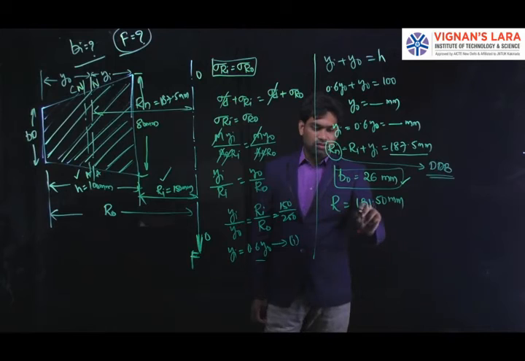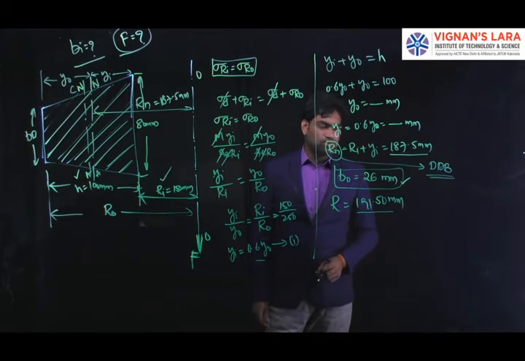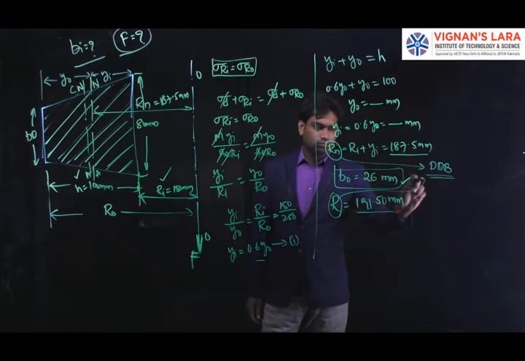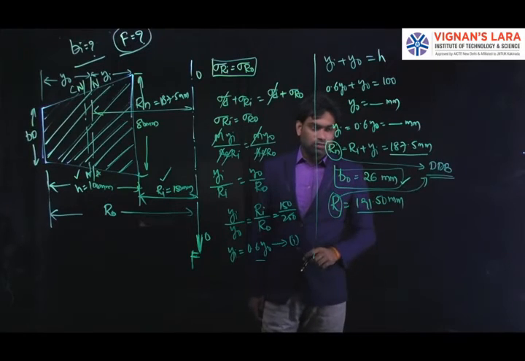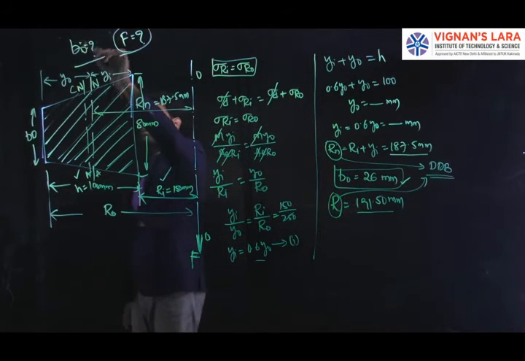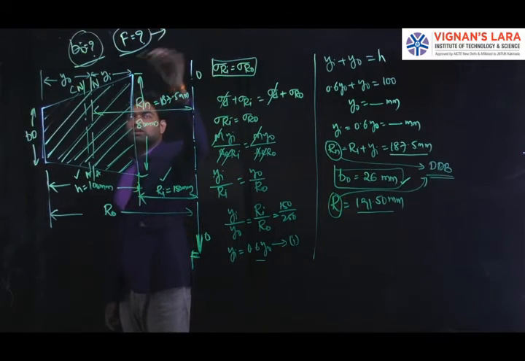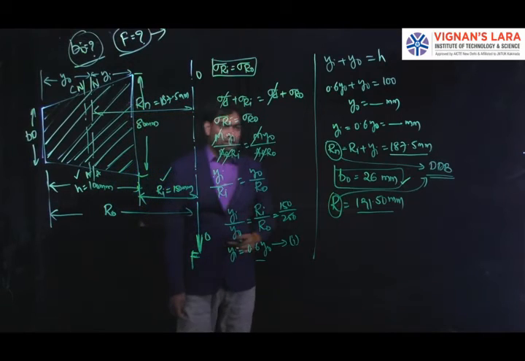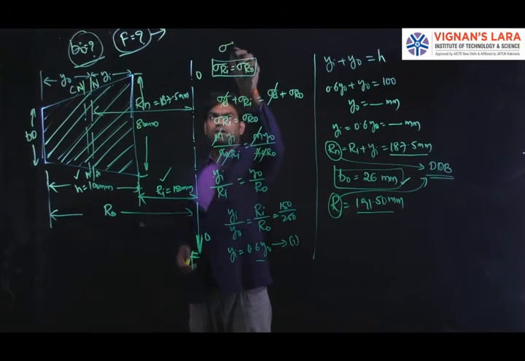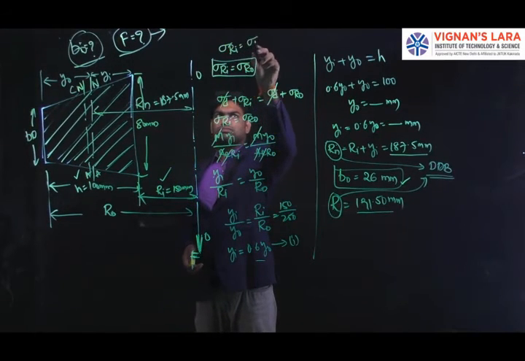You can also check by substituting the values in the equation. So take it from the design data book. Clear? After finding out Rn and R, we get the value of b naught. One more thing we need to find out here is the capacity of the crane hook. For calculating the capacity of the crane hook, as I stated, sigma ri is equated to sigma t.